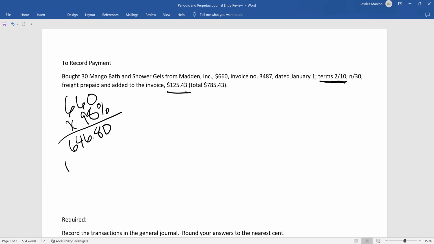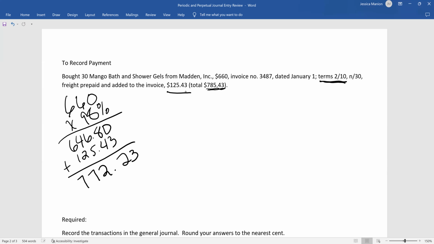plus the shipping, right? Plus that shipping, $125.43. So plus 125.43. So the total amount, instead of $785.43, the total we'll have to pay after our discount,